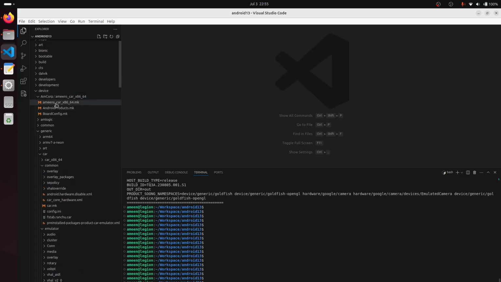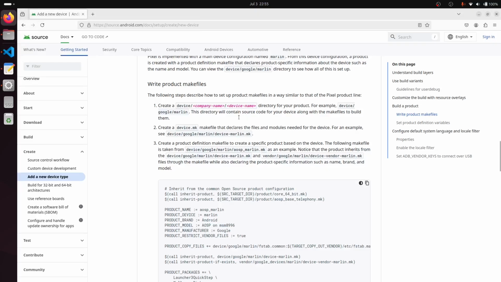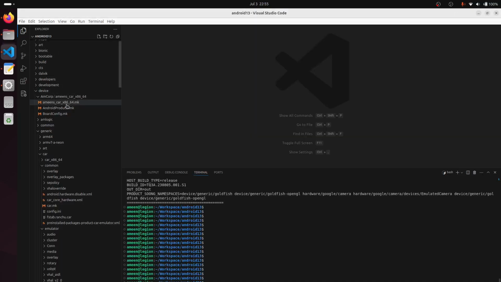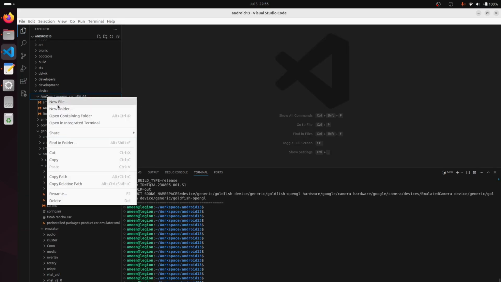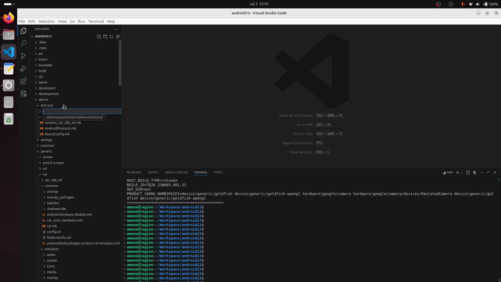As you can see, this is the already created device configuration for me, this AAM Corp being my company name, and this device name being Amin car. In this AAM Corp only I will create a new device. I will call it my test device. The main things we need are this